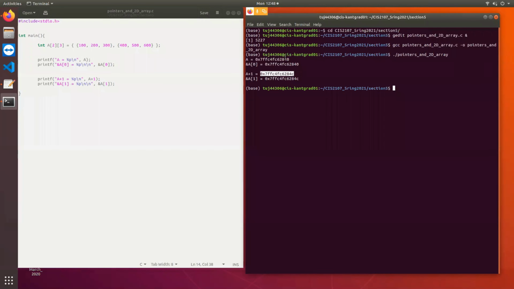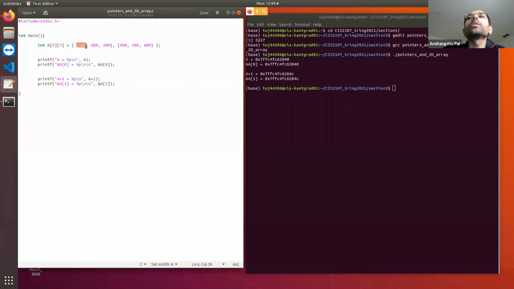So can you see this? For example, from 0 to C. Yes. So 4C and 40. So the difference is 0 to C, which means the difference is C. C means what? C means 12, right? A is 10, B is 11, C is 12. So the difference is 12, which is also correct, right? Because A points to this location and A plus 1 points to this location. So the difference is 4 plus 4 plus 4, 12. So 12 byte difference. Okay?